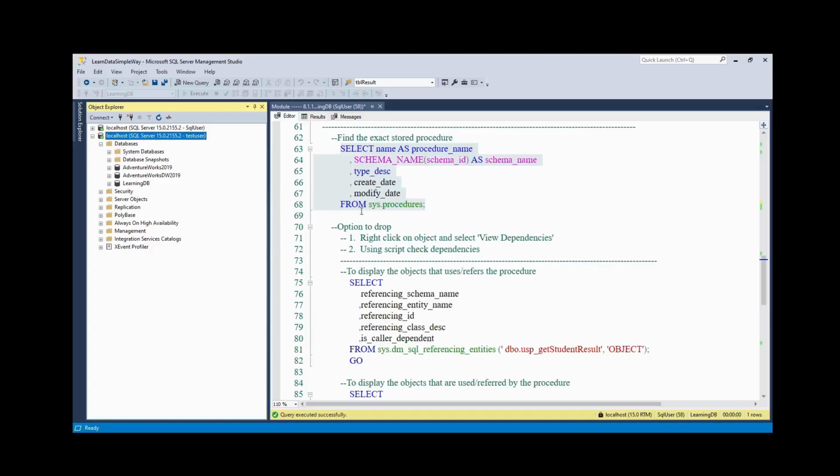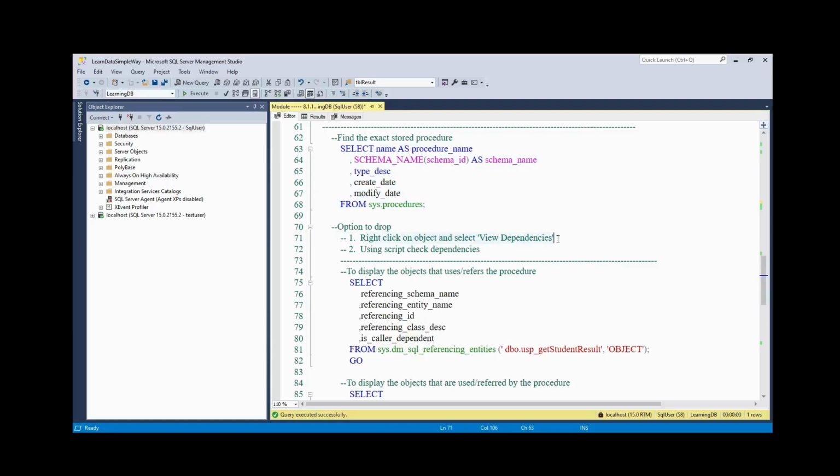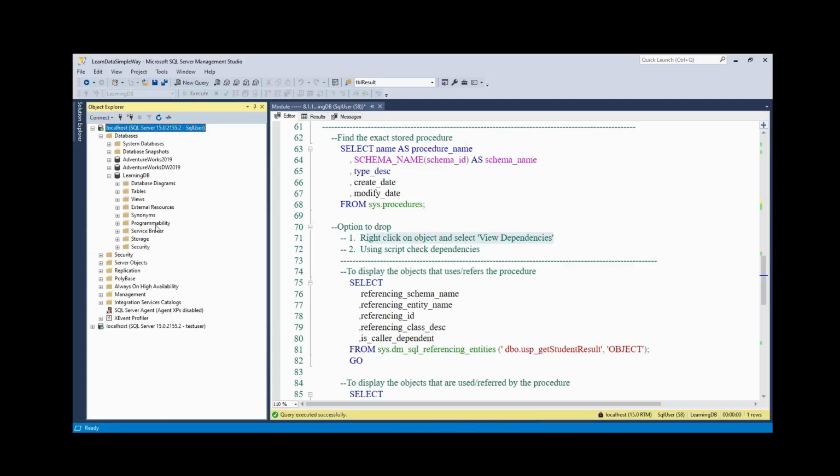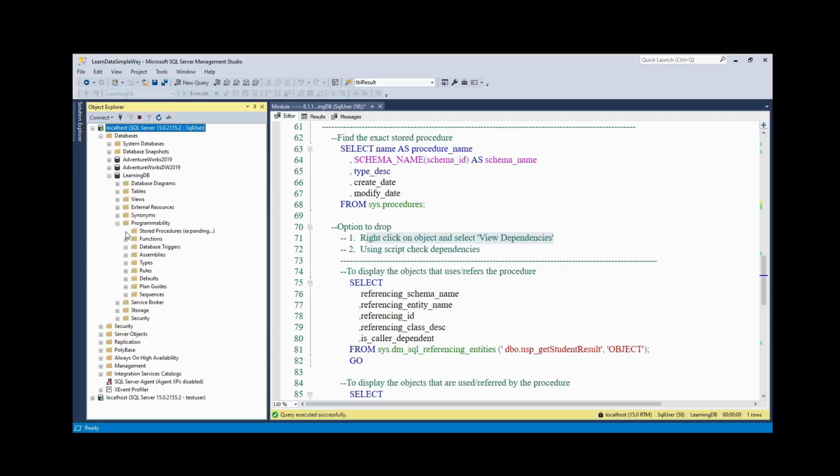You may just see the objects. Maybe you can just alter the object, but you cannot drop it or such. So in that case, the DBA has to go there. He has to find out what kind of dependencies are available for that stored procedure. Let us go here, learning DB, expand Programmability, go to Stored Procedures, right click on it, then go to View Dependencies and see if